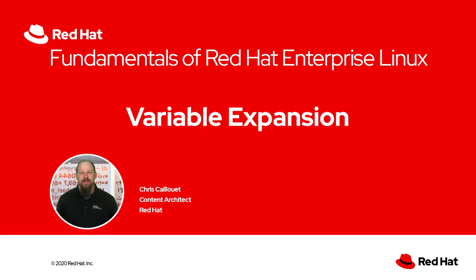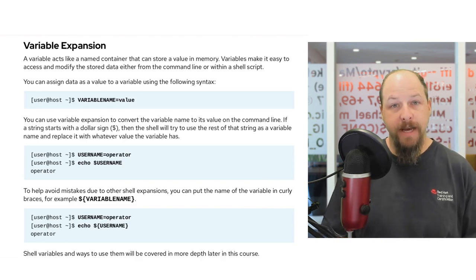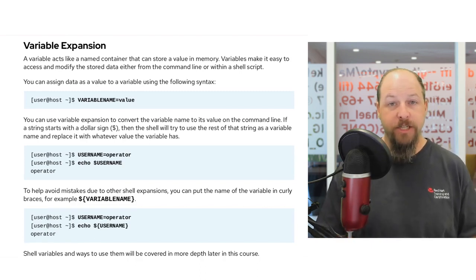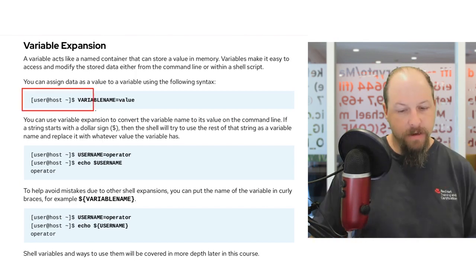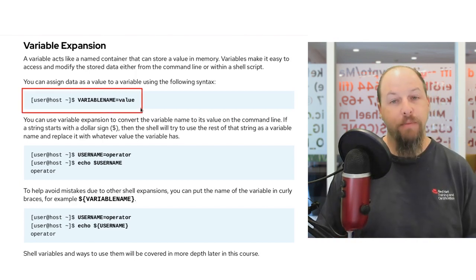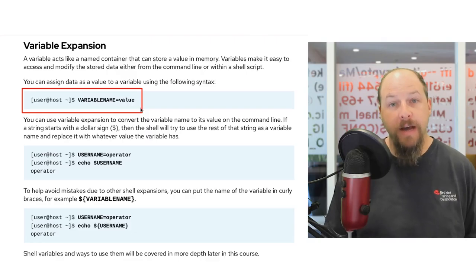Variable expansion is a next concept that can be very powerful within the command line. It's not an uncommon task to need to store some value within a variable and then recall that information whenever you execute commands or are doing configuration work throughout the system. We can see the example shown here of how to set a simple variable name and its value. Note that we're not using any spaces between the variable name, the equal sign, and the value we wish to